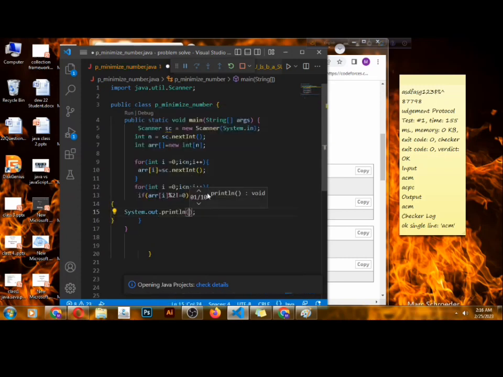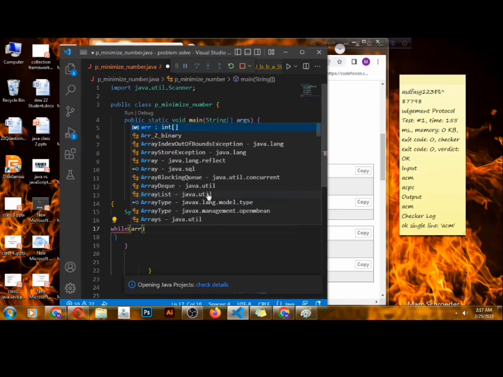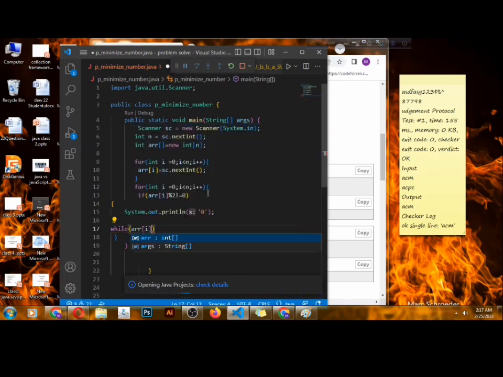When the array element is odd, the output should be printed 0. So we write System dot out dot println and in the brackets we write 0. Then we write a statement for even numbers: if array of i mod 2 is equal to 0,